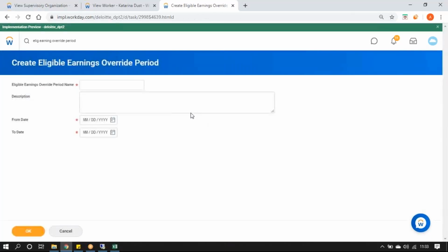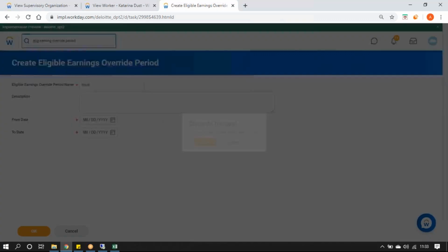I'll not create one because I've already created one. If you see, this is all I have to do. I would give a name to my eligible earnings override and the period for which I am creating that override, right? So if I go back